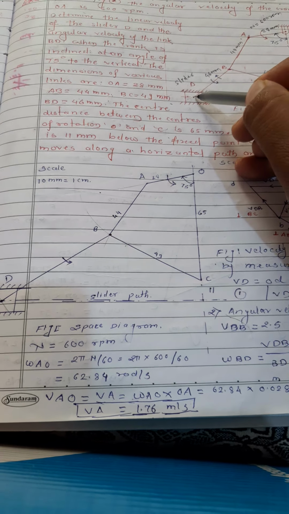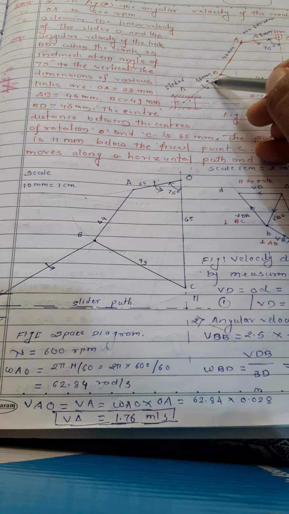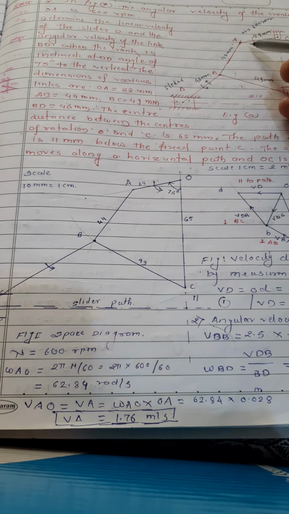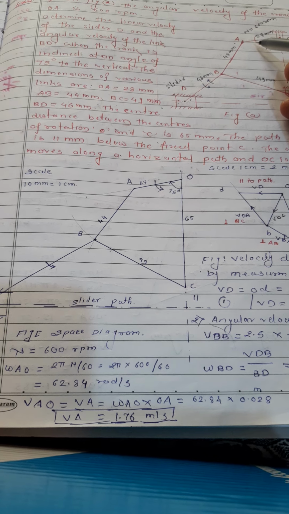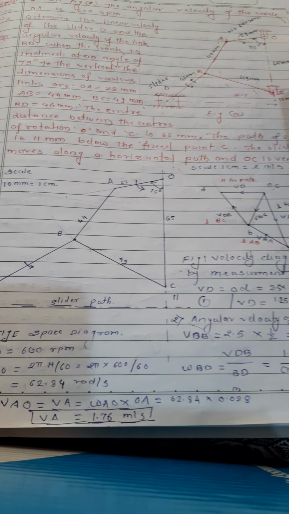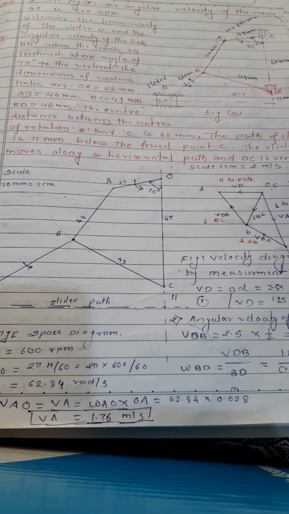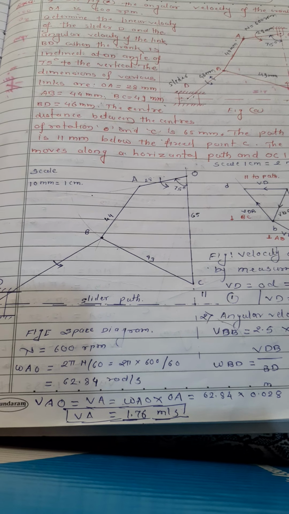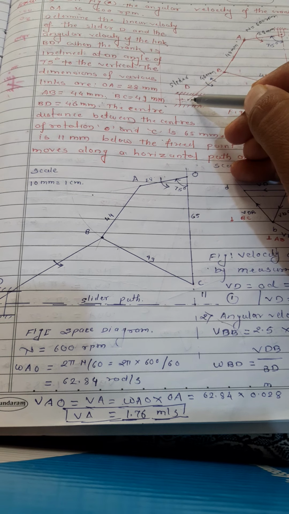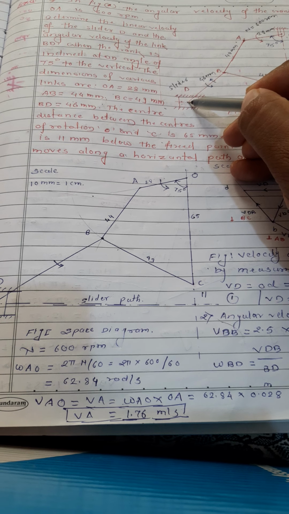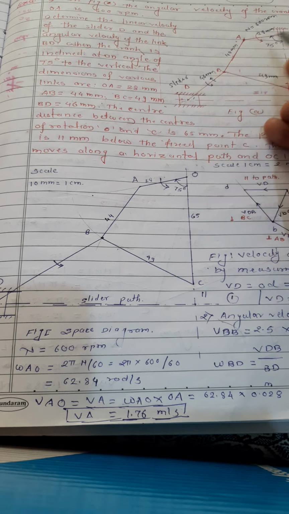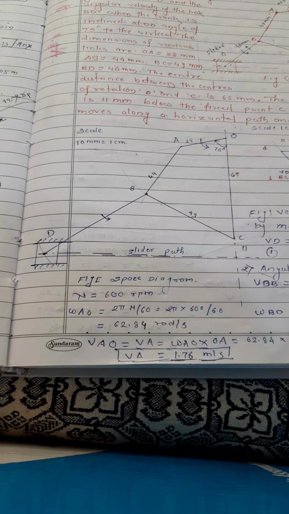So this link rotates with the help of this crank, right? And the crank and all those links are attached to the point O. This is the supporting point only. So the velocity of the point D, or the slider, will be found with respect to point O only. So first of all, draw the space diagram.